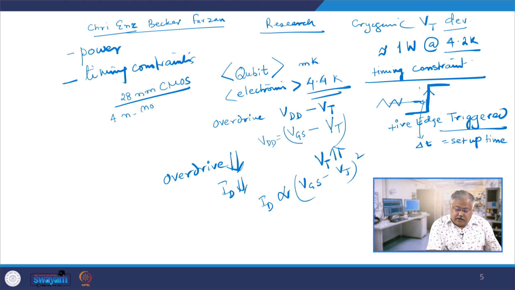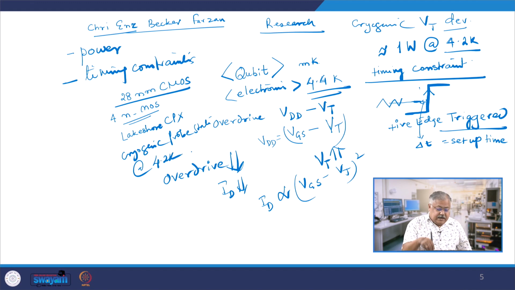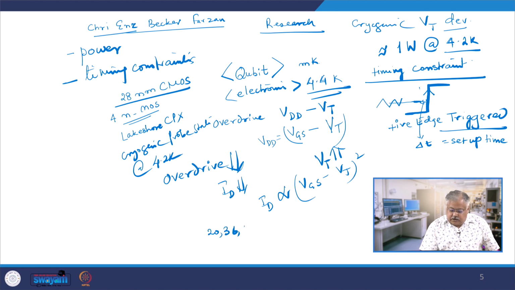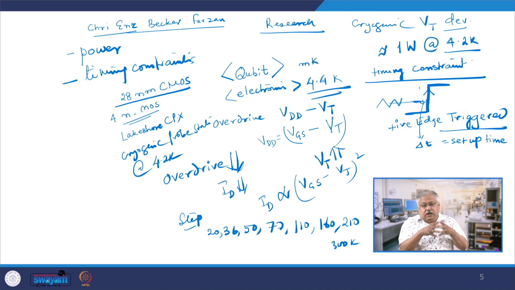NMOS devices, and what they did was they took them into what is known as a Lakeshore CPX cryogenic probe station, right, which is maintained at approximately 4.2 Kelvin, and they inserted them there, and they increased the temperature step from 20, 36, 50, 77, 110, 160, and then finally 210, followed by 300. So, this was the increase in the steps of the temperature of the cryoprobe station, and they measured the IDVG,